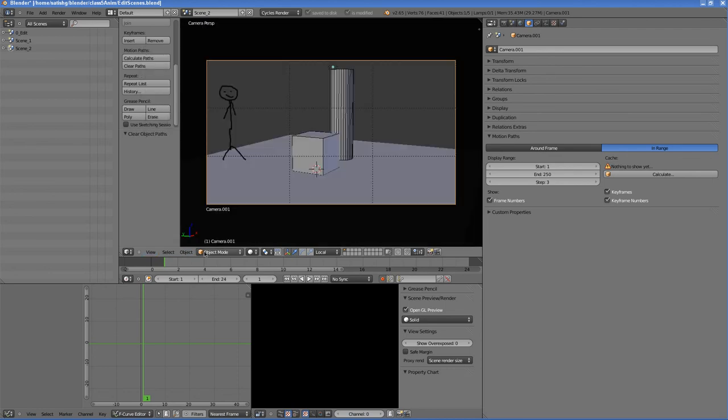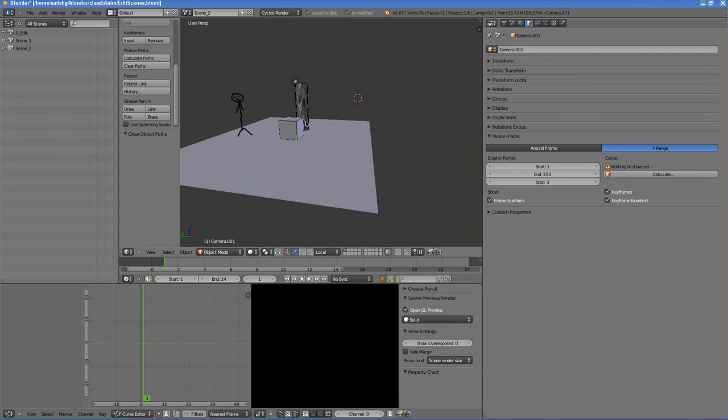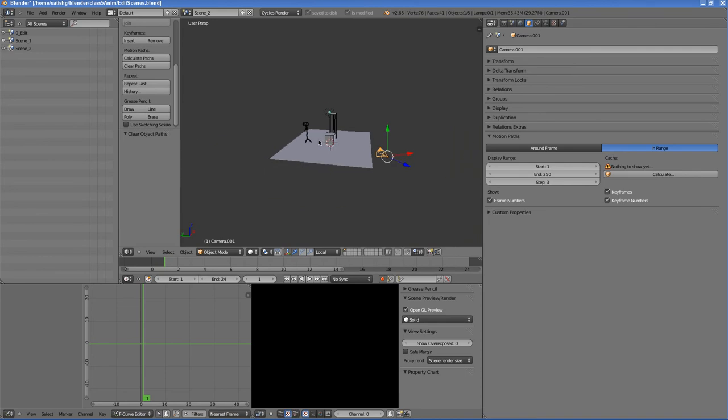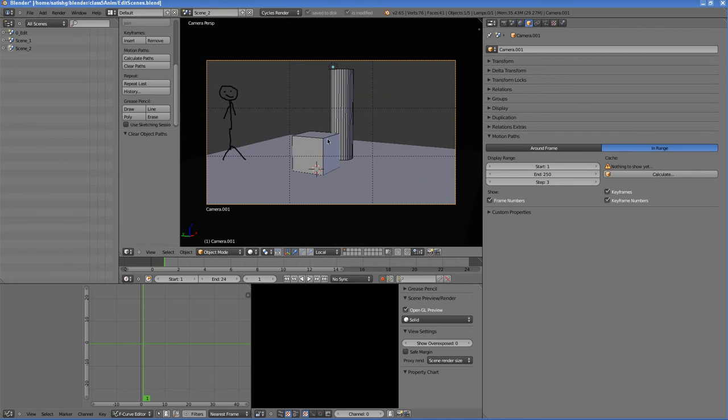Now I'm going to keyframe this camera looking through the camera, but by using a different pivot mode. I've pressed Shift C to move the 3D cursor to the world origin, switched to the camera mode, and set the pivot point around the 3D cursor. So any transformations on the camera will be around the 3D cursor.